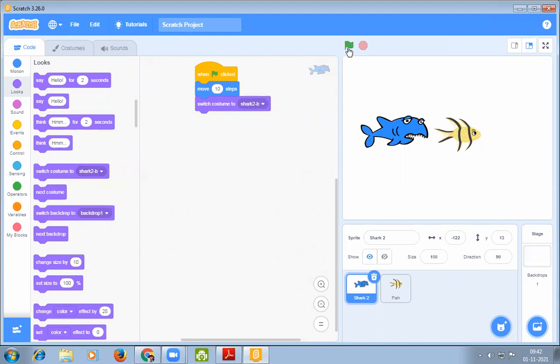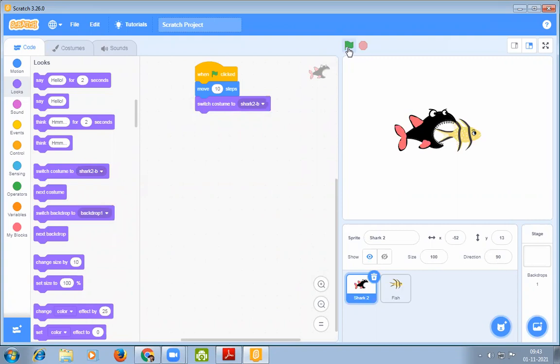Okay, let's see what happens when this flag is clicked. So in this way we can use switch costume to costume 1 or a particular costume in this process.